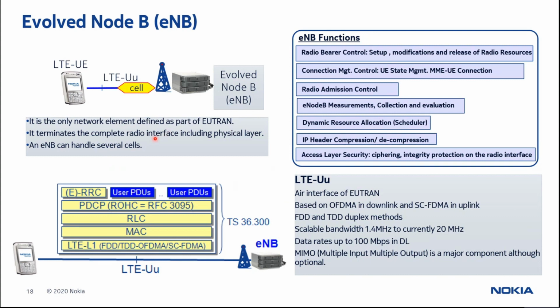But then the basic functionality, the basic need of such a network element is more or less similar when you compare with 2G, 3G. For example, eNodeB is responsible for radio admission control. It is responsible for measurements collection and evaluation. There are so many functions that it does. One of the things that I would like to talk about here is the measurements. So what is measurements and why do we require measurements? In the context of